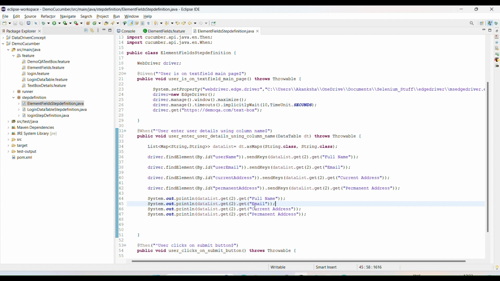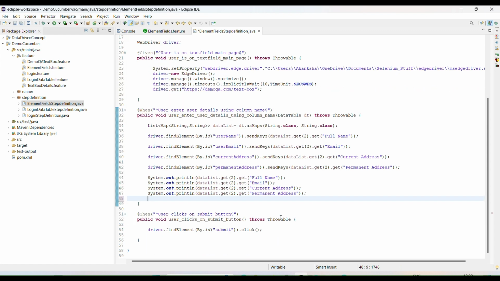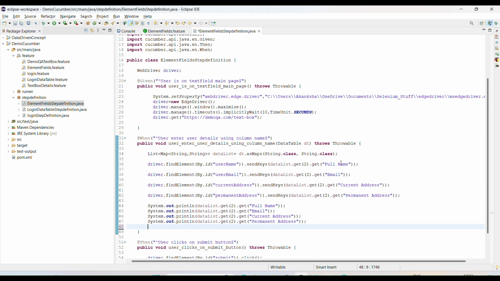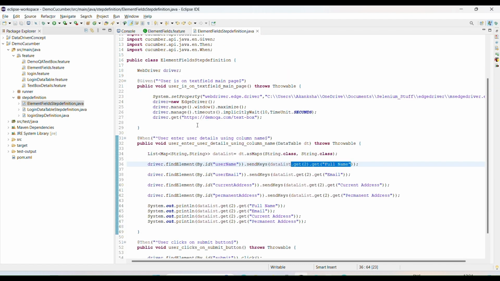So the same way, whatever data you want to mention, you can mention inside this, and you will get the data. So this is the approach when we use maps, guys. This is a good approach, guys, because we are getting key value pair data. Whenever we declare data inside the feature file as a key value, the key will be the column name and the value will be the data, right? So in key and value form we are entering the data, and we are using maps.